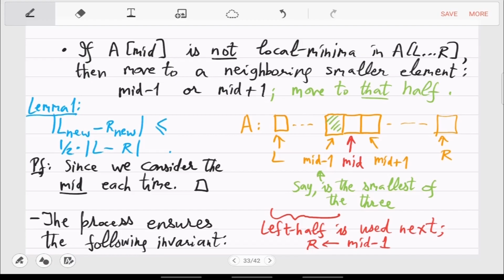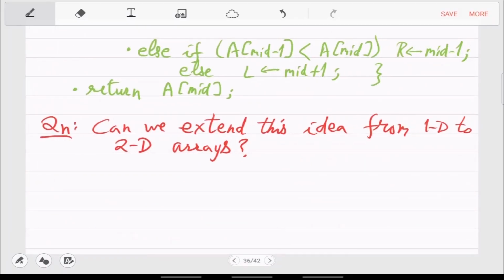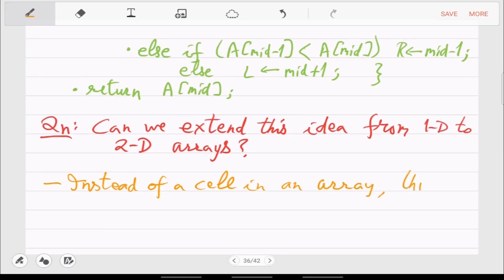That is how you will generalize this to 2 dimensions. So instead of a cell, think of a column in the grid.